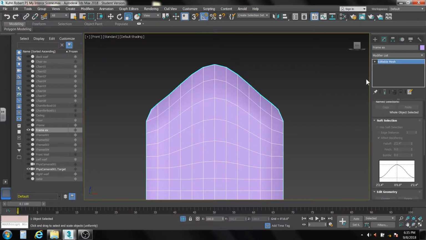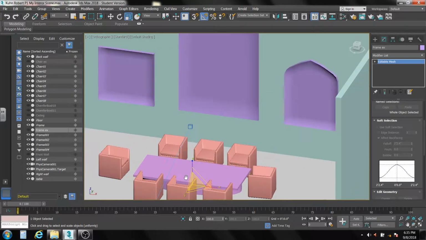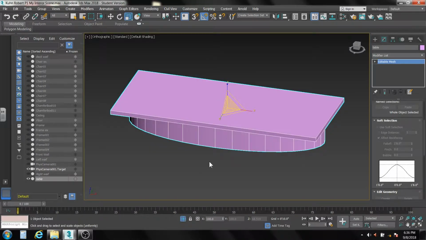All right, back to my top level here. Okay, so turn that off. Let's take a look at the table. The table is super duper simple. So where we have it, see, isn't it nice to have things labeled? You can find things. So there's the table, and we'll isolate that for a second, and you'll see that is